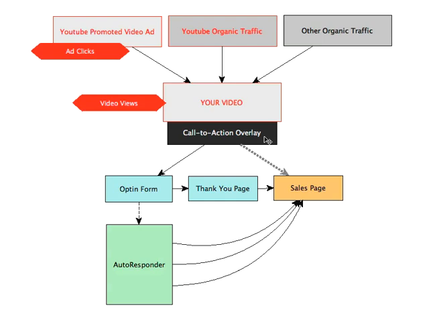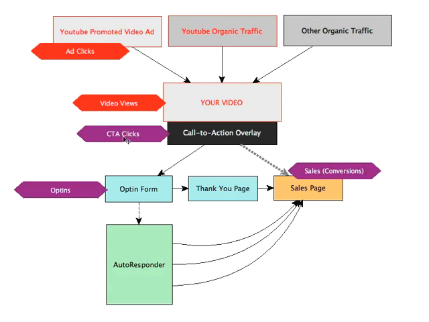Now if you're going to be effectively tracking whether this video is bringing you any business at all, you're going to need to be tracking these items as well. Your call to action overlay clicks, your opt-ins if you're sending them to an opt-in form, and in either case, whether you're sending to an opt-in or straight to the sales page, you want to be tracking your sales, or what I call conversions. And all of these things are important to track, because what you want to know is how many people who come from this video actually opt in and how many of them buy,